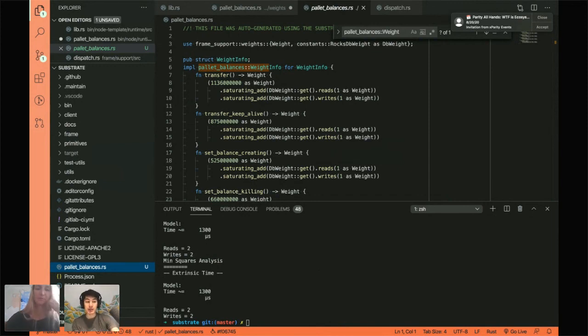Cool. Yeah, if you had asked me about this weight stuff maybe a month ago, it would have looked a little bit different. So you can see how cutting edge this is. And if you're using the weights right now, definitely feedback to me or to anyone else on the Substrate team would be a great way to make sure that you get your voice heard in the things you were looking for in these weights.